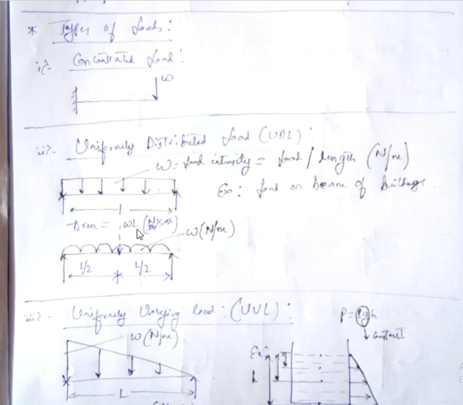Now look at the unit of this point load. When I convert it into a point load, that is W into L, W is the load intensity, which is given as Newton per meter. Here we have seen it, Newton per meter. Then length has a unit of meter. Meter and meter will get cancelled, so the remaining unit is Newton, which is nothing but the unit of a point load. So this is about uniformly distributed load. When we are solving a problem, we need to convert UDL into a point load by considering the area.